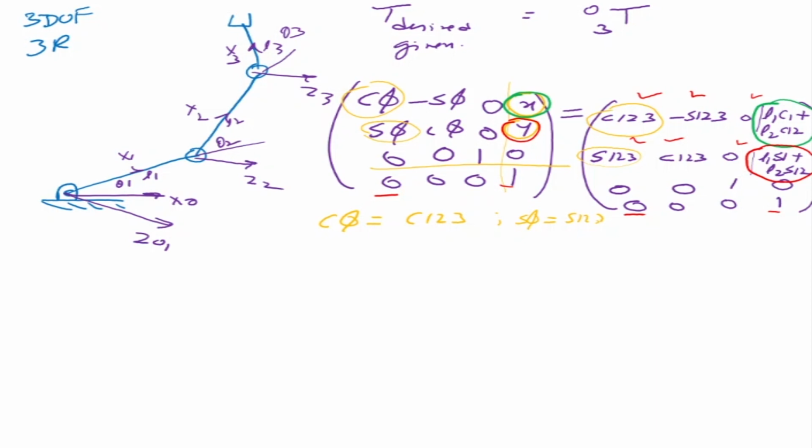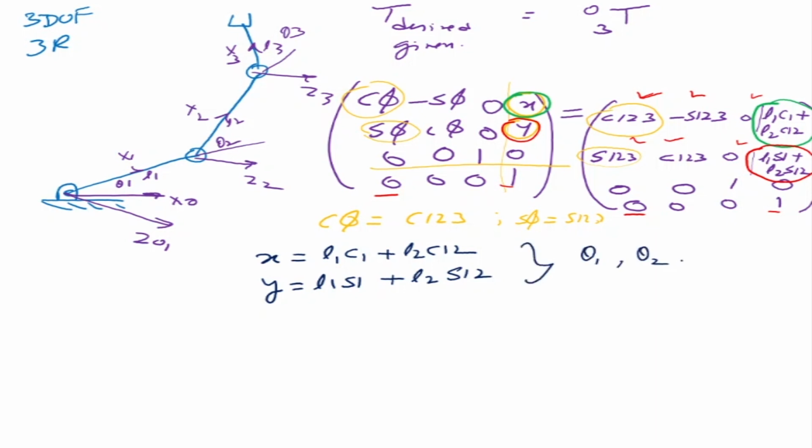Now out of which, if you start targeting theta 1, 2, 3, you'll not be able to solve. So let's target the other side, L1 cos theta 1, and see if we can solve this system of equations. So let us say x is equal to L1 cos theta 1 plus L2 cos(theta 1 + theta 2), and y is equal to L1 sin theta 1 plus L2 sin(theta 1 + theta 2). Okay, now here we see that there are two variables, theta 1 and theta 2. They have sine and cos terms, but we know that sine squared plus cos squared is equal to 1. So can we make use of that? So these are two equations. Let's call it equation 1 and equation 2.